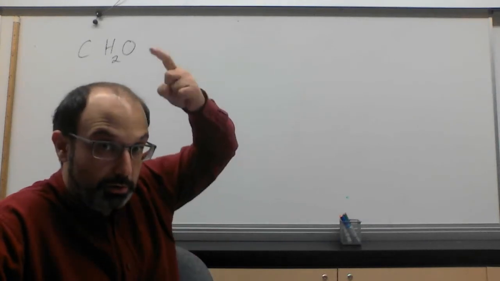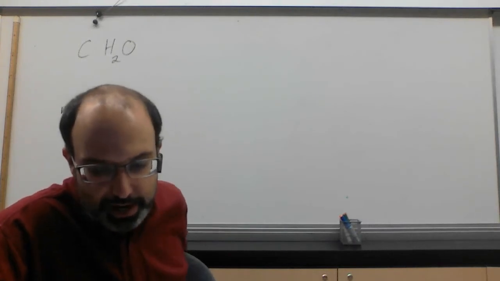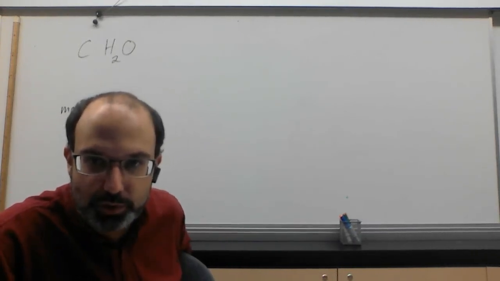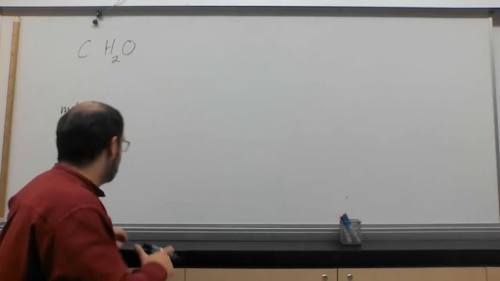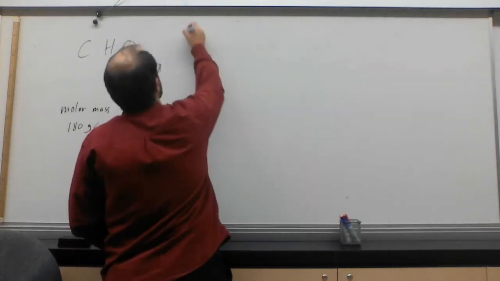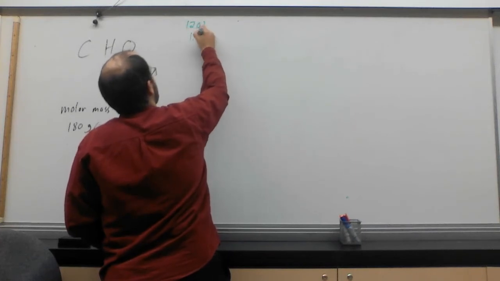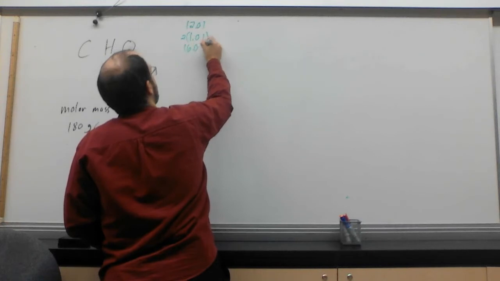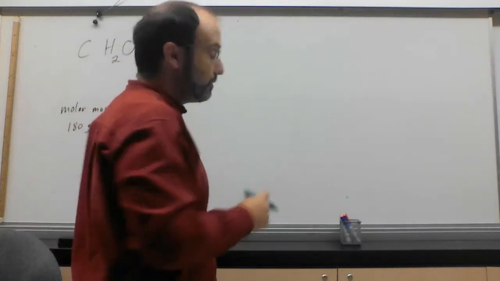So that's the empirical formula. What's the molecular formula? Well, in order to figure it out, the first thing we have to do is figure out what the mass of that is, right? So we've got a carbon, 2 hydrogens, and an oxygen. All right, well, we know how to do that. Carbon, we'll do it in green, sure. Carbon is, of course, 12.01. There's only one of them. Hydrogen is 1.01, but there's 2 of them. And oxygen is 16.00, and we add all that up. When we do that, we get